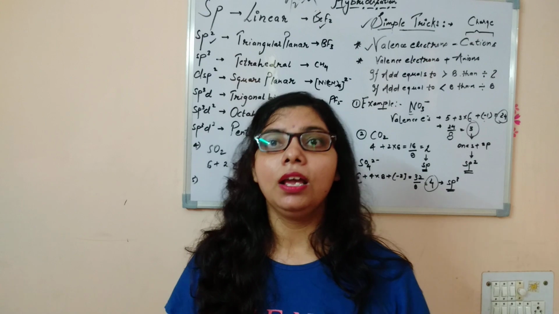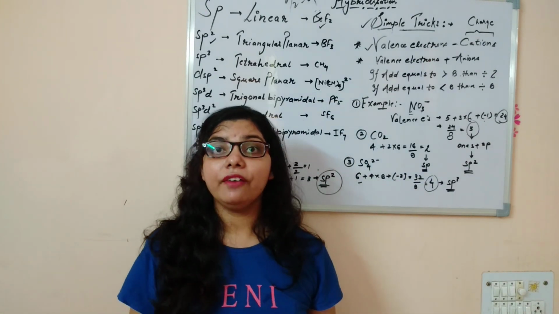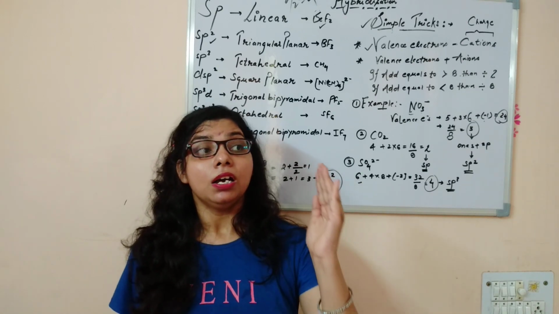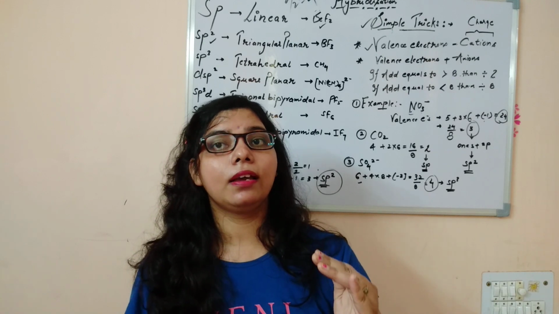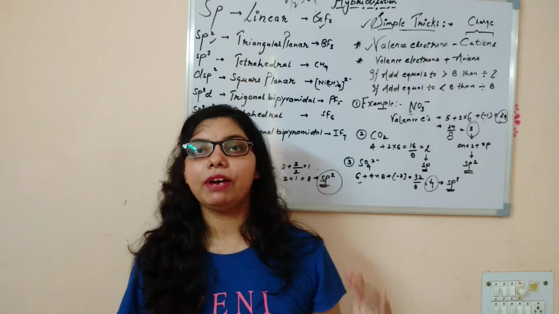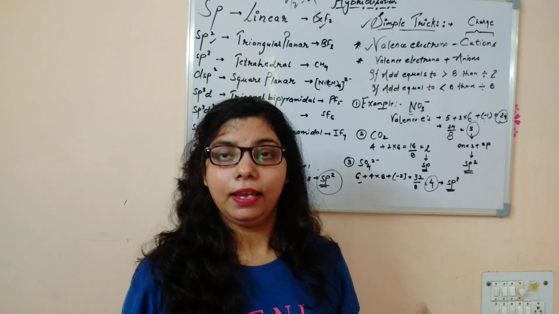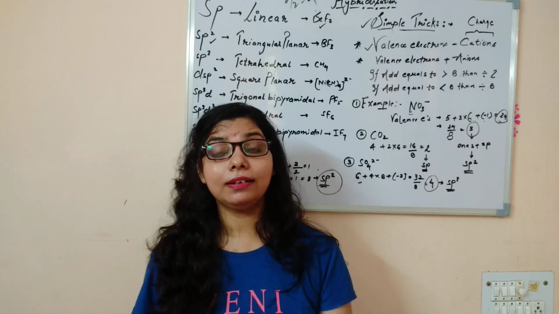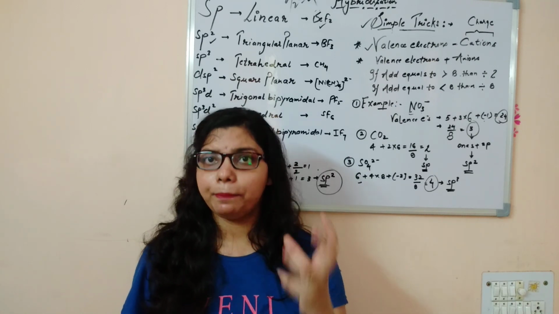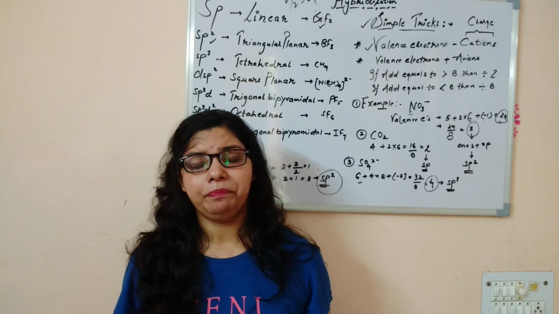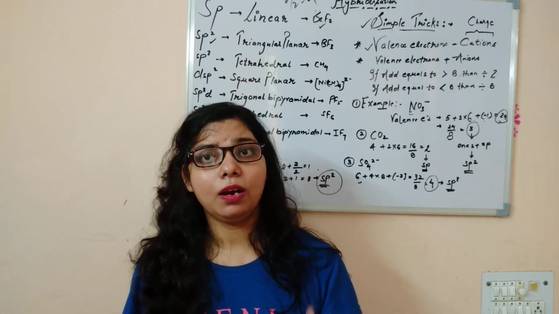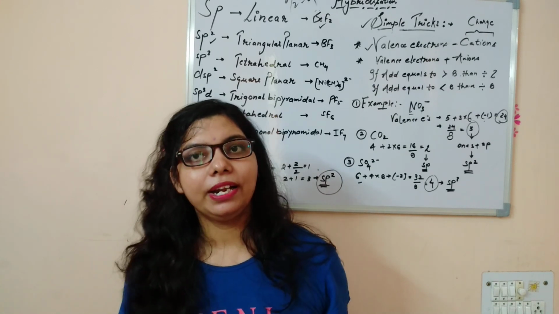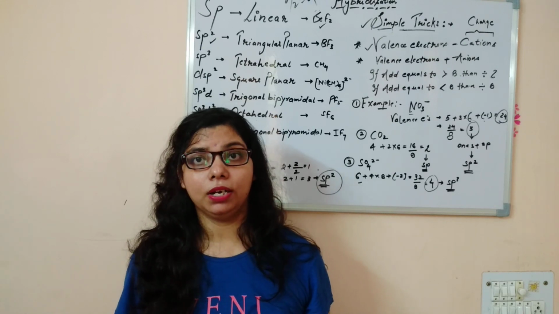Now listen, this is a very important line. If the sum of valence electrons plus charge is equal to or greater than 8, then you have to divide it by 8. If it is less than 8, you have to divide it by 2. Students, remember this line. Again I am telling you, अगर आपका sum 8 से ज़्यादा आता है, तो देन आपको 8 से डिवाइड करना होगा. अगर आपका सम 8 से कम आता है तो आपको 2 से डिवाइड करना होगा. तो लेट्स स्टार्ट.